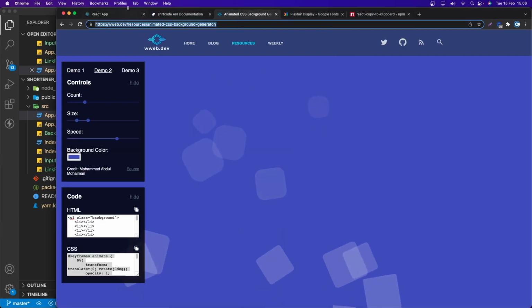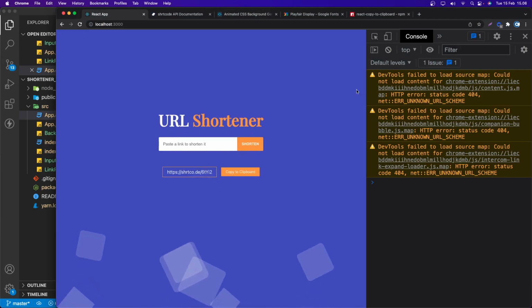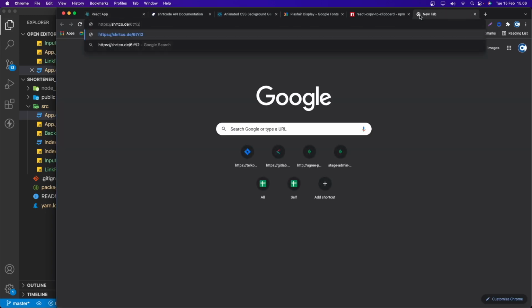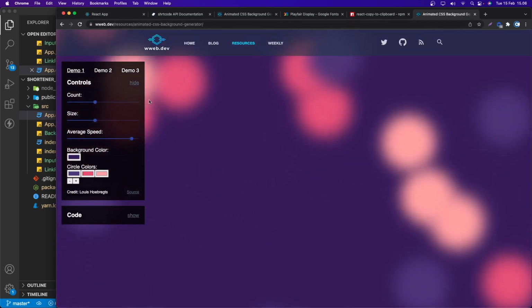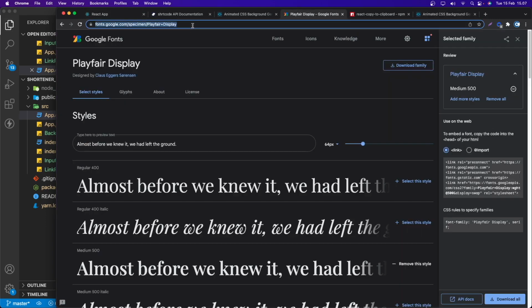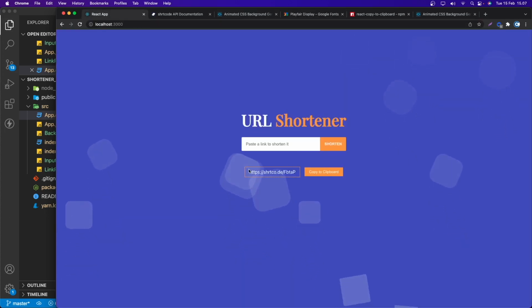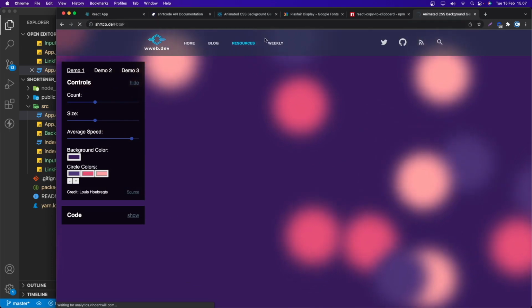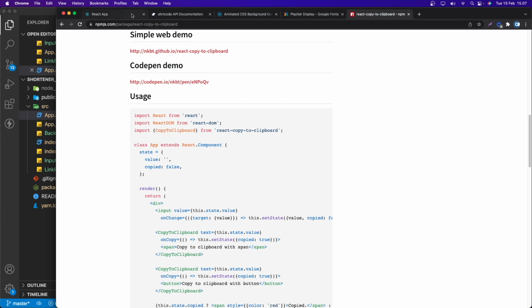Okay, so now save and let's refresh. I'm going to copy this long URL, put it here, and click shorten. We get loading, and then we get the result. Finally, guys, if I click copy to clipboard, paste that in here, and hit enter, as you can see, we load up this URL. I'm gonna copy this Google Font URL, put that here and click shorten. We get loading, and then we get this data here. I can copy to clipboard and paste that in here, and if I hit enter, we should render, as you can see, the font.google. Pretty nice, pretty cool.